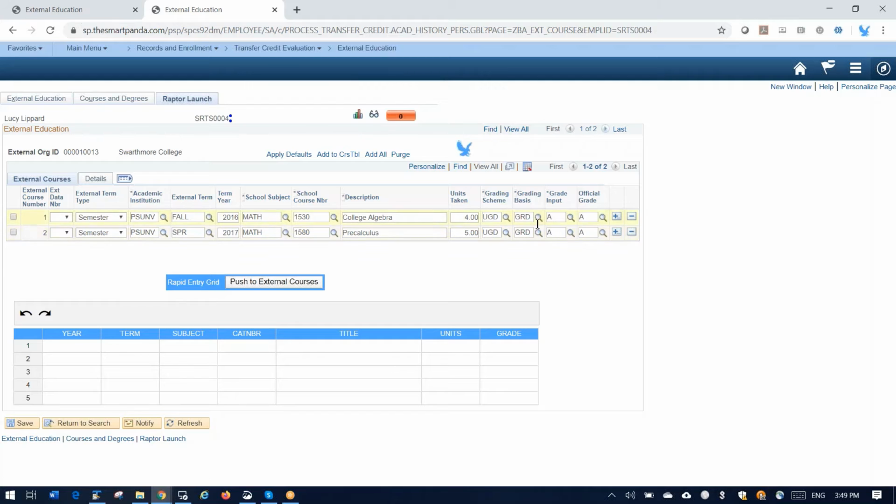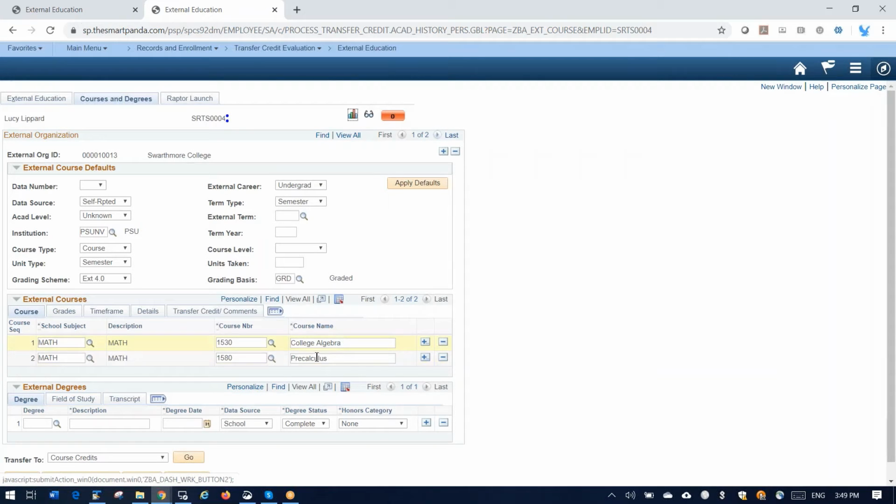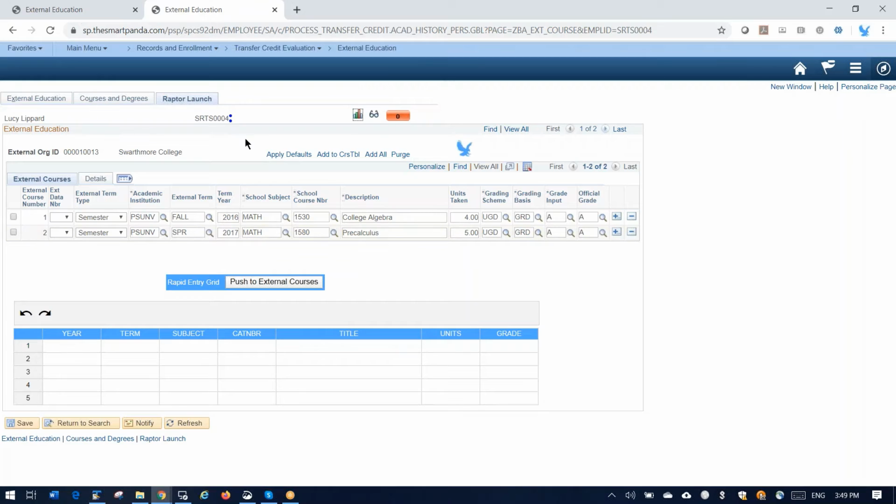Now, when we say external courses grid, you can see that the two courses here are now mirrored here, right? College Algebra and Pre-Calculus. So it's the same grid, but we've given you a quicker way to get that data in. All right, so just to recap those different methods, we went into the external education page for our student and